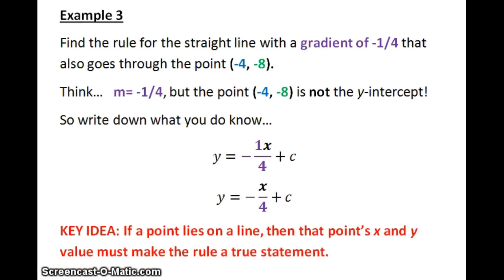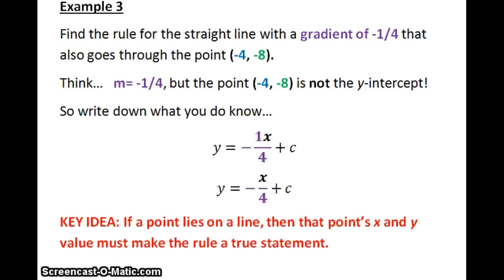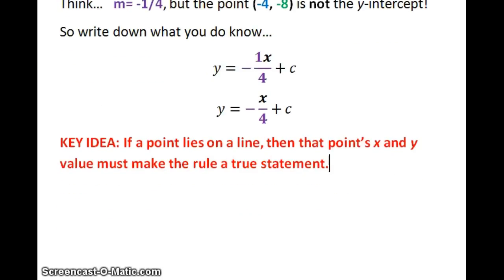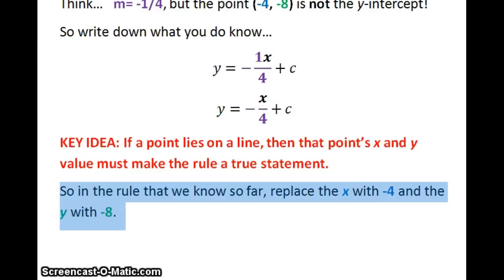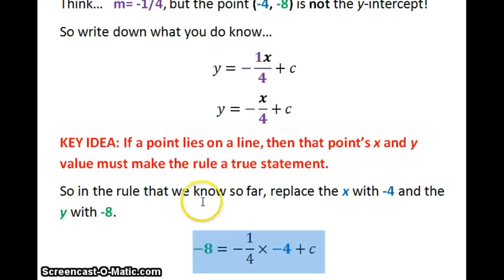That key idea is that if a point lies on a line, then its x and y must make that statement true. So I'm going to replace x with -4 and y with -8. That's my next step here. So let's make ourselves a bit of room. Alright, so that's what we're going to do, and I've done that, and I end up with -8 equals -1/4